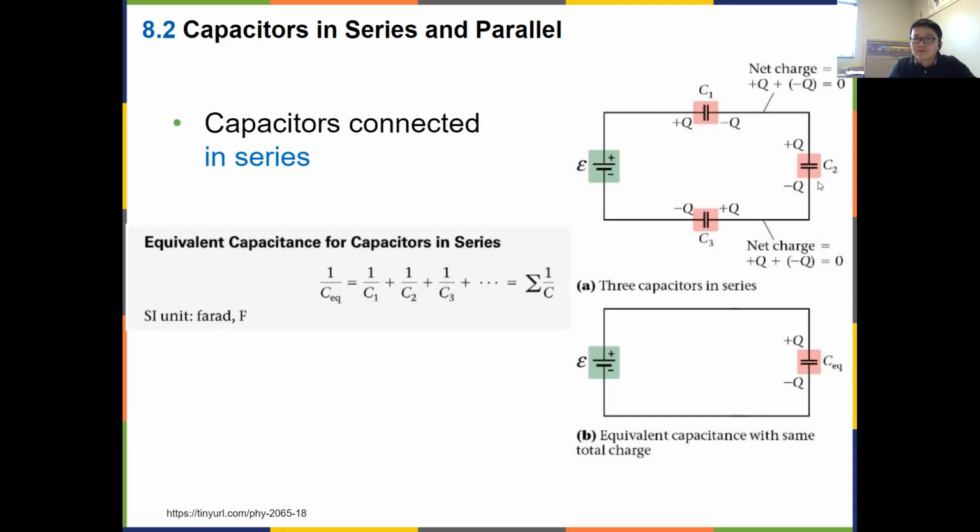So that's what you should have. The combination of these three can be treated as one single capacitor. We call it the equivalent capacitor for the combination of these three in series. Let's take a look at the algebra here. Let me show you on the paper. So if you have three of them,